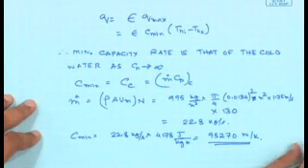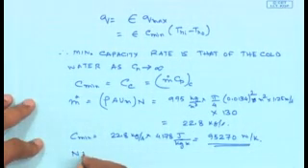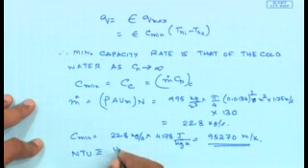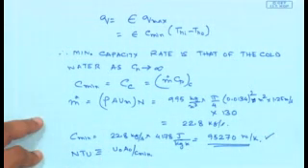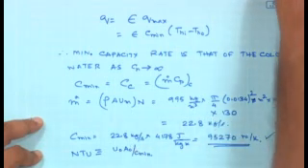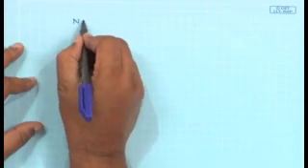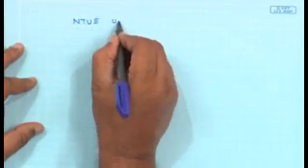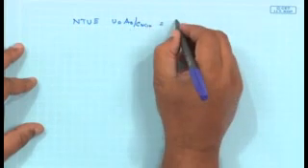So now what is NTU? I have all the values required for NTU, because NTU is defined as U naught A naught by C minimum. That's the definition of NTU. I have C minimum over here. I have calculated what is U naught in the previous calculation, and therefore I can find out what is NTU. So NTU being defined as U naught A naught by C minimum, which in this case would be